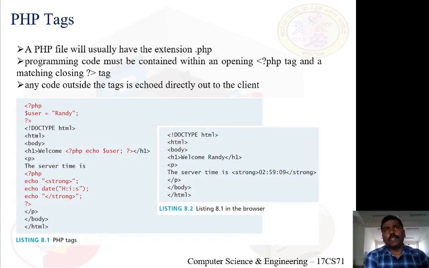Now the very important, very basic, main part of PHP is the PHP tag. All PHP files should have the extension .php. And these .php files, I said in the previous session, need to be saved in the folder htdocs in XAMPP. And these PHP files are a small piece of code that exists on the server side. Got it?